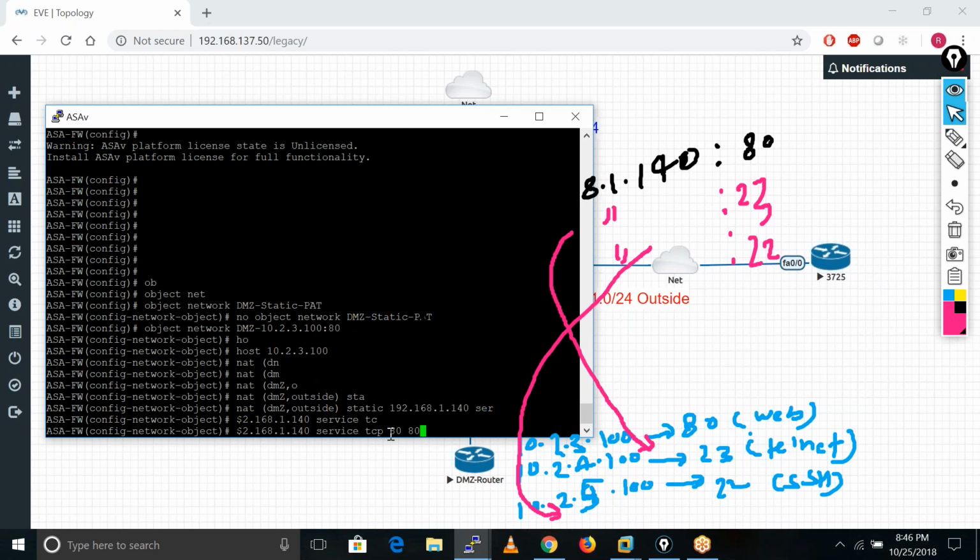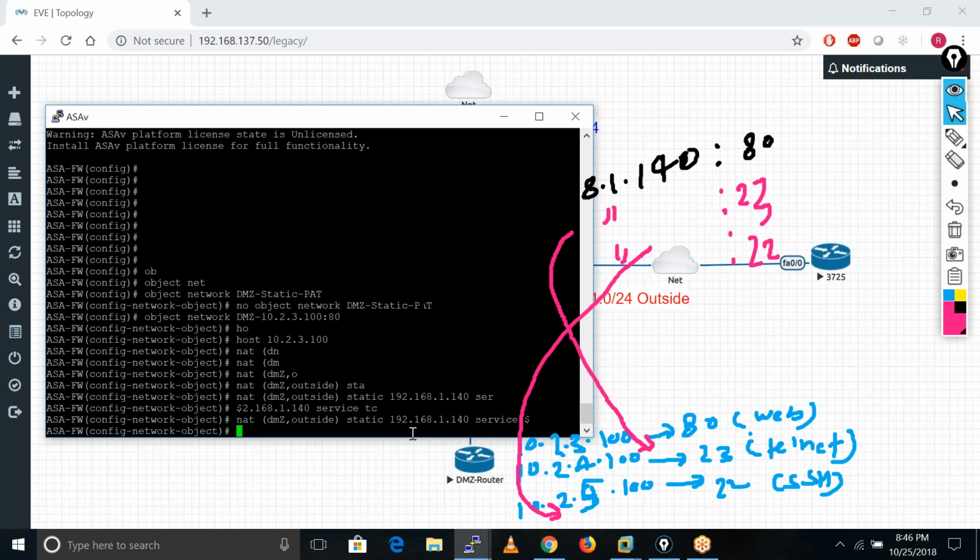What is the meaning of this? If our ASA firewall receives any request on this IP address and the service is 80, it does the translation for this kind of service on this particular IP address, and this is the service here, port number 80.